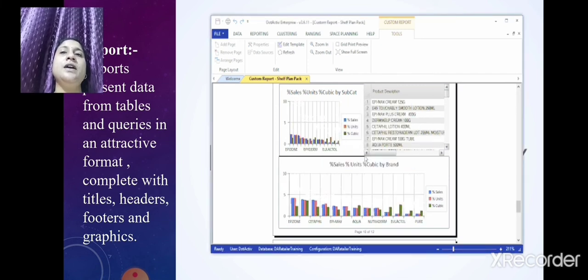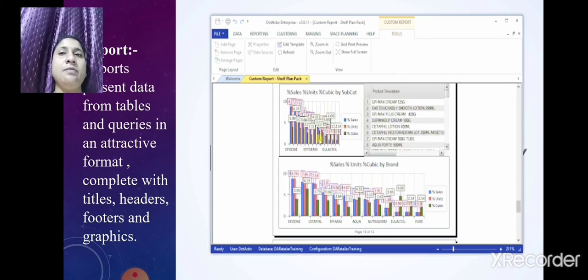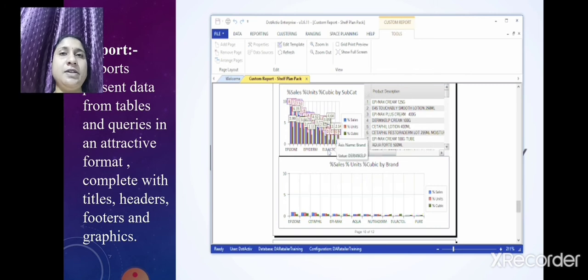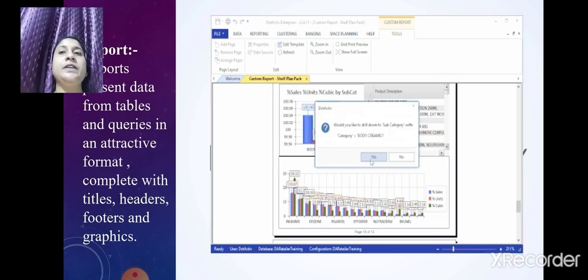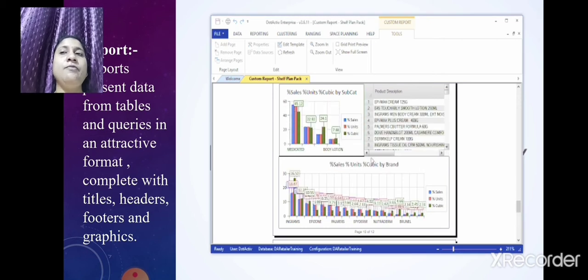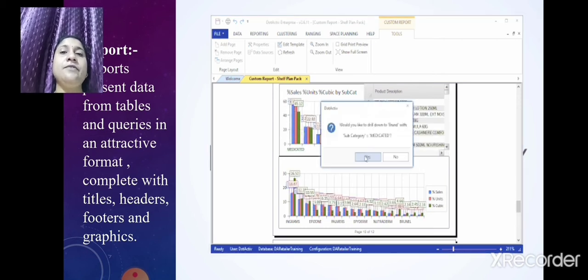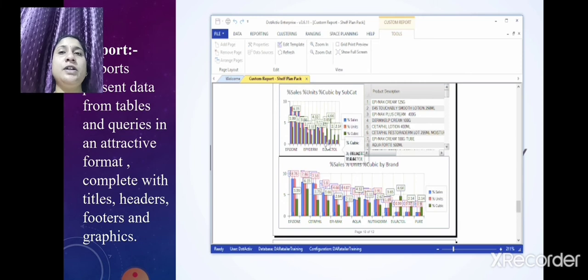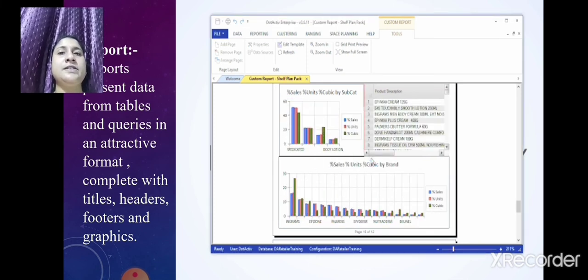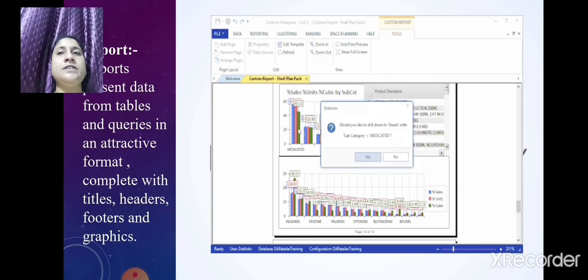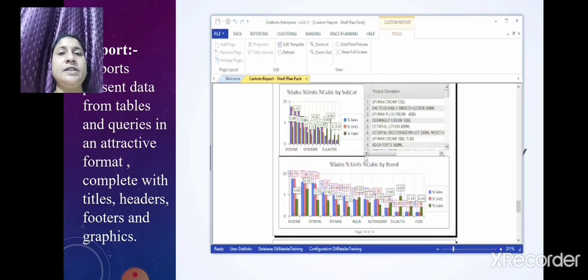It is an RDBMS, that is Relational Database Management System, that allows us to create, manage and process data in the form of multiple tables. Then we saw how to store the data in a database in Access. Which extension are we going to use? That is the .accdb extension. With the help of this extension we can save the database in Access.